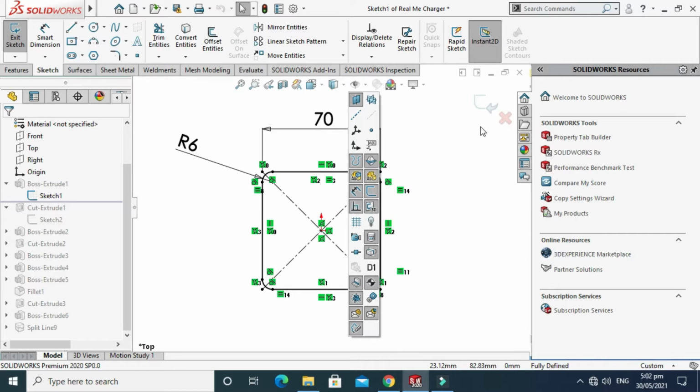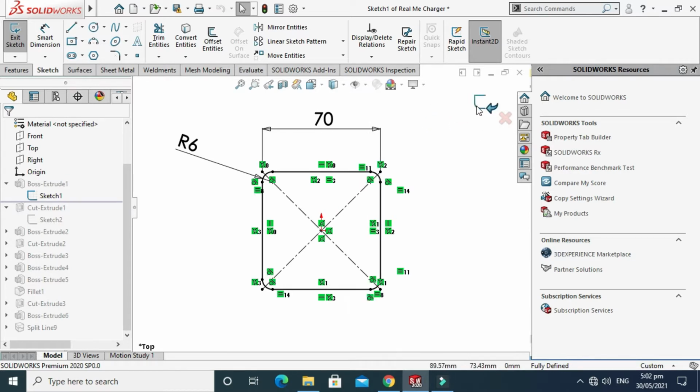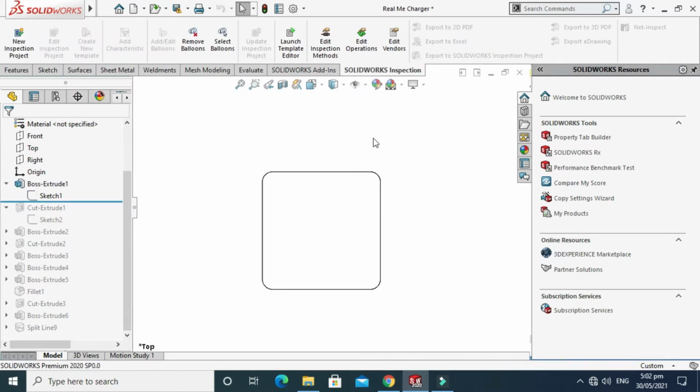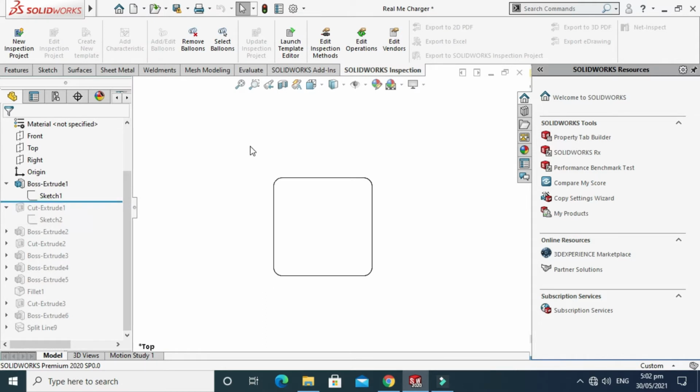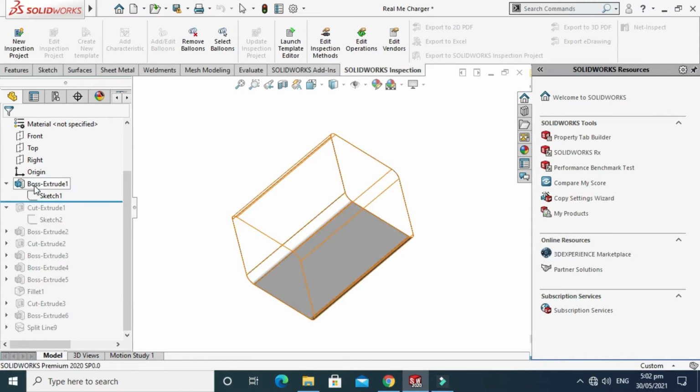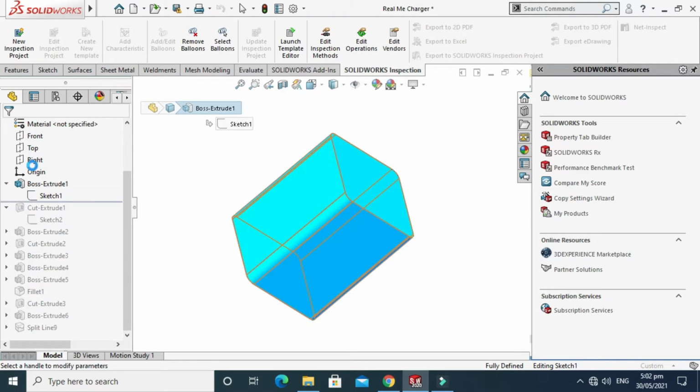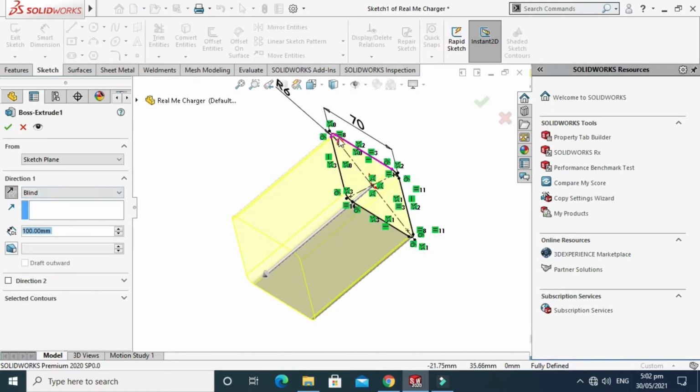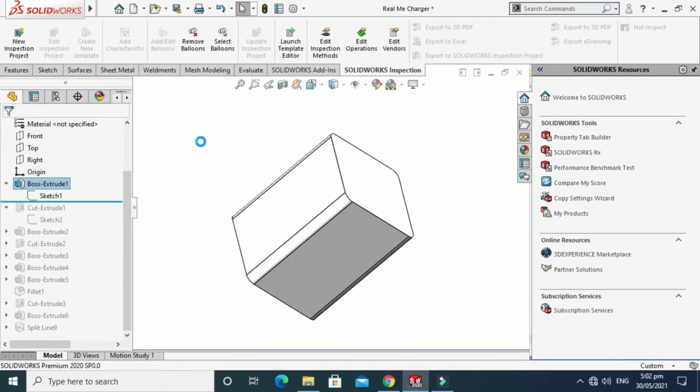And I select this again. This is the first command, that is boss extrude, and the extrusion is 100 mm in this direction. Just select OK.